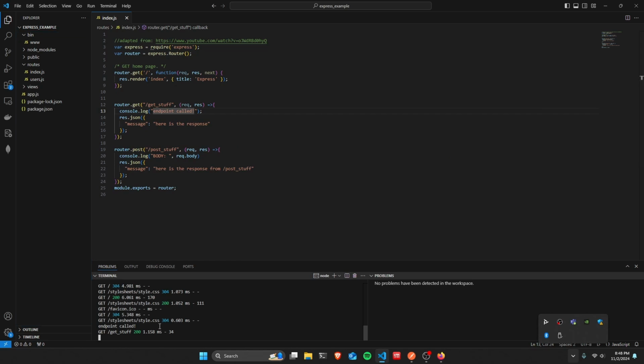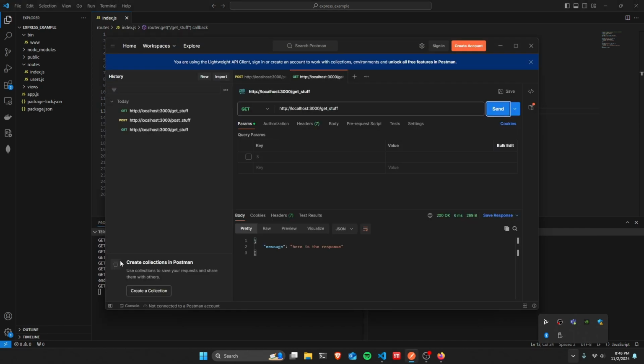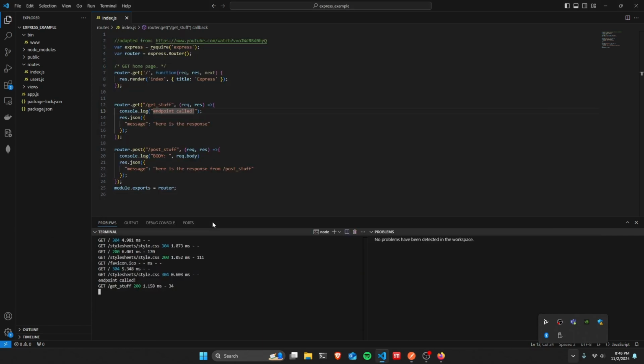And then over here, assuming you're working off of VS Code for Express, when you start the server up, it'll show you the output. So that's a GET request. So in this example, it's pretty